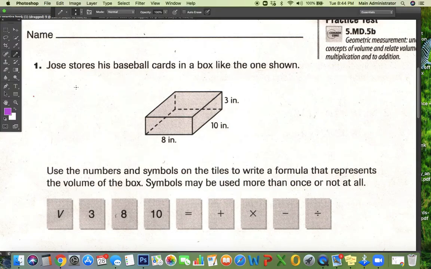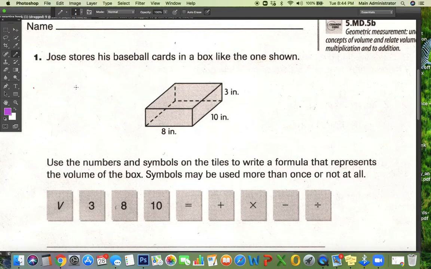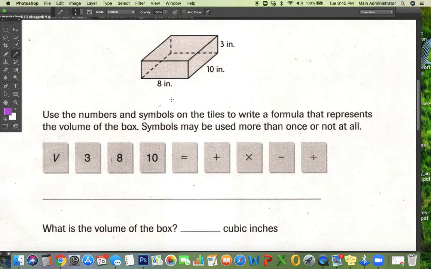Okay, we are on SB56. Let's take a look at number 1. This is the place where Jose stores his baseball cards, and I have to use these numbers down here to write a formula that represents this